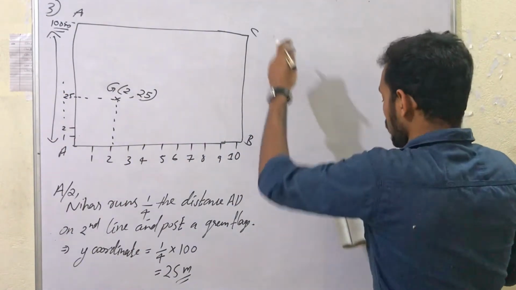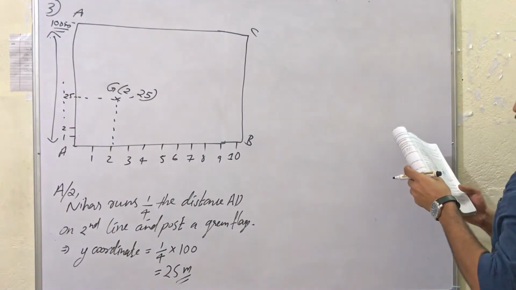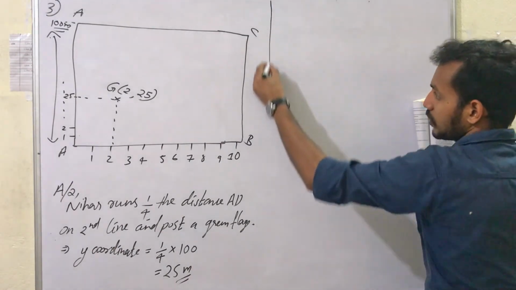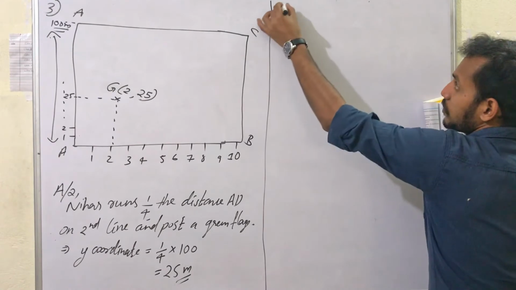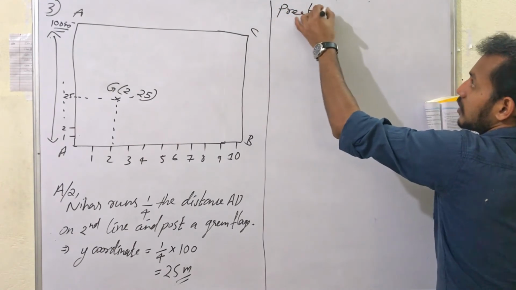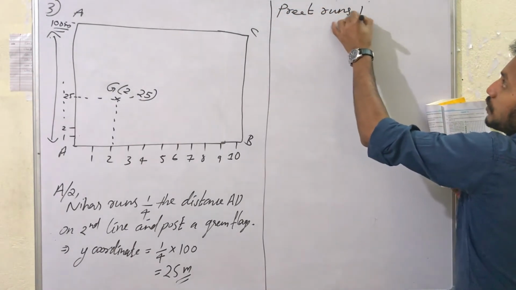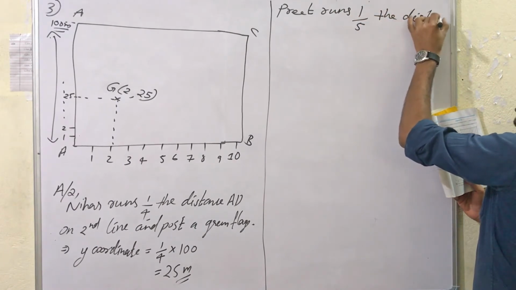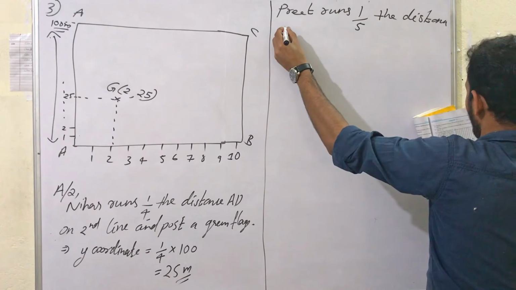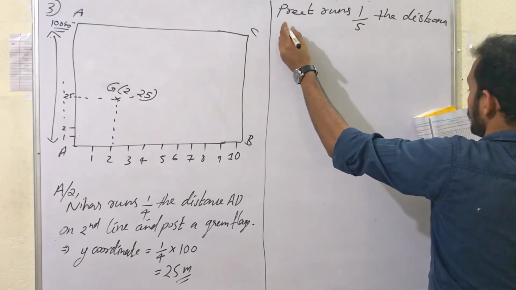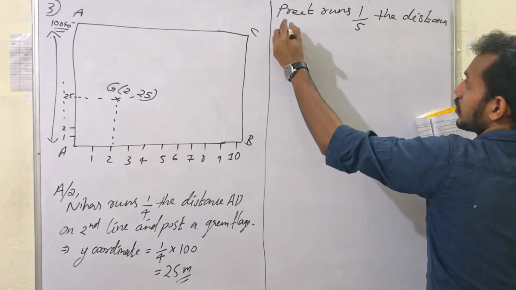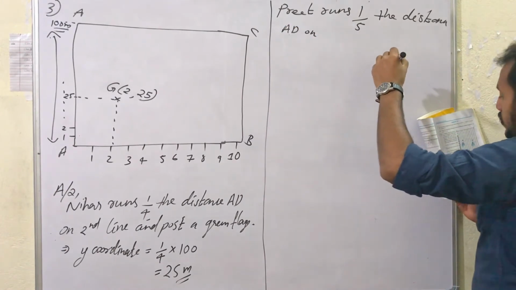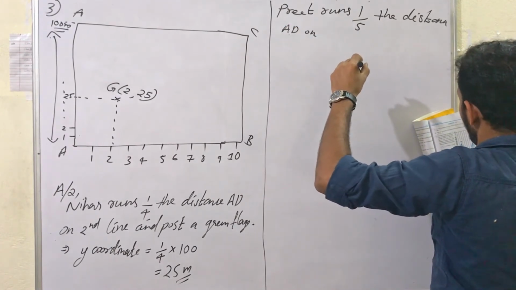Then come to the second condition. Preet runs 1/5 distance of AD on the eighth line,